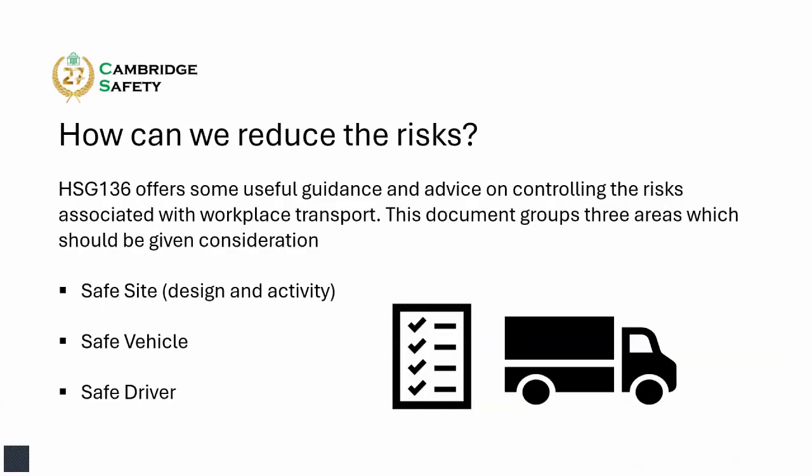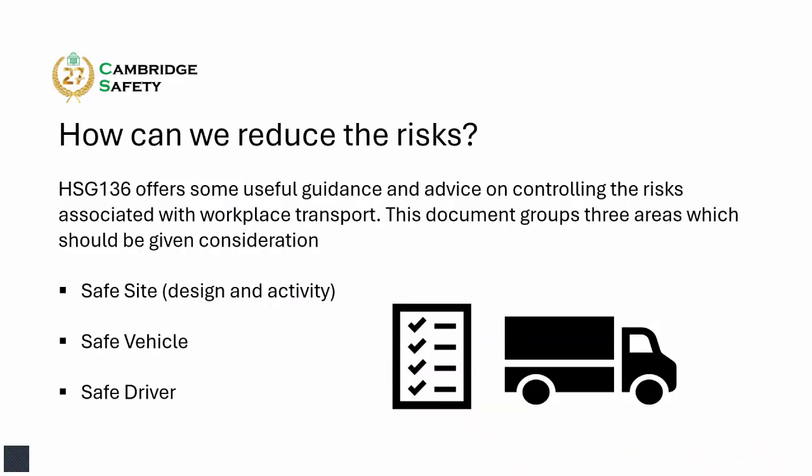So how can we reduce the risks then? Well, there is a useful document that is published by the HSE, and this is HSG 136. Now, this is actually a guidance document, and it provides a useful overview of how we might control the risks of workplace transport. The document groups three areas which should be considered, and these are safe site, safe vehicle,